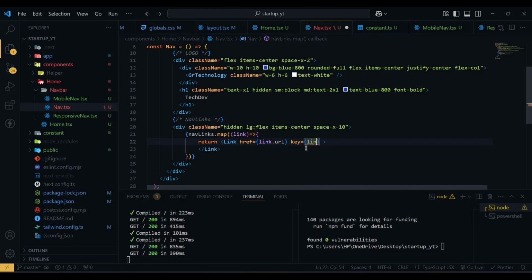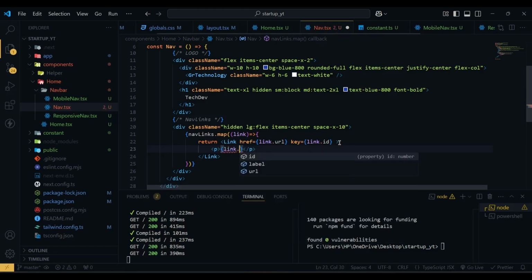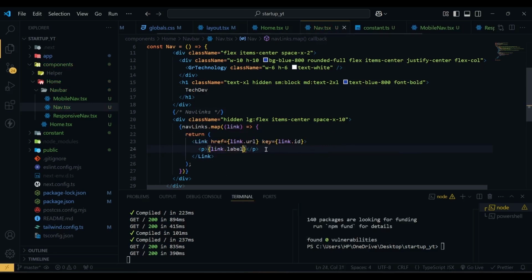The key will be link.id, and then inside this link we have a p tag with link.label, and then this link will have a class name of